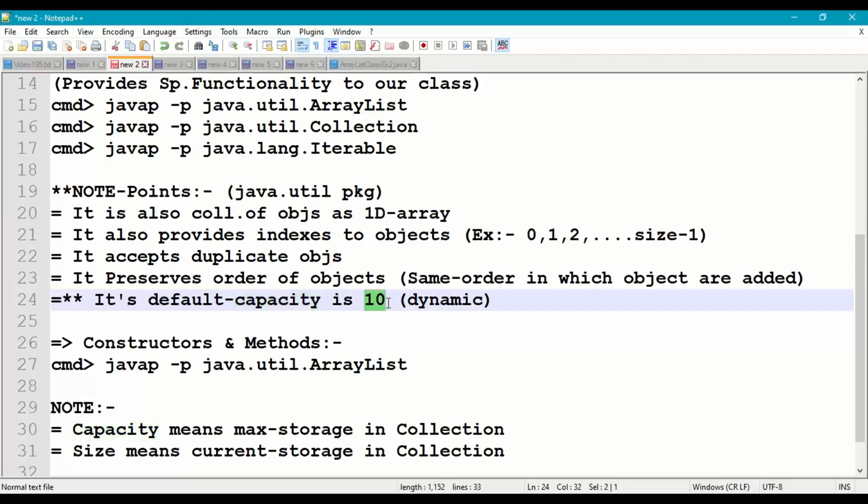So default capacity means maximum storage. It is dynamic in size. We can add more than 10 elements also. And coming to the constructors and methods, if you see the description of the class, javap java.util.ArrayList,